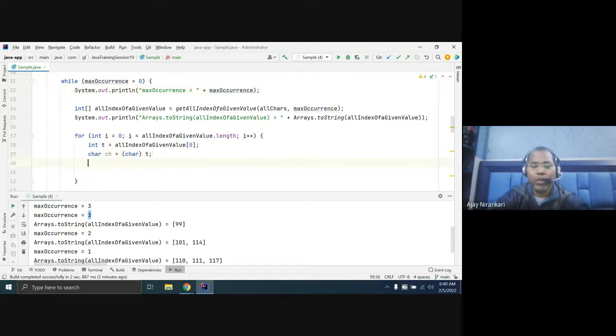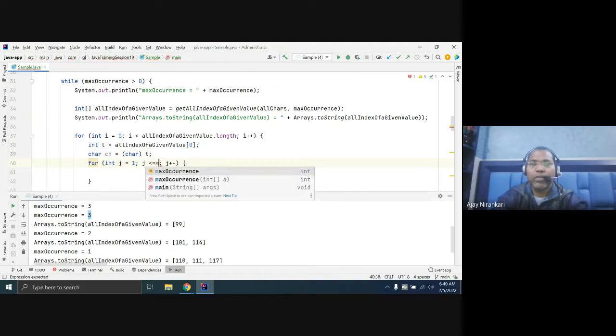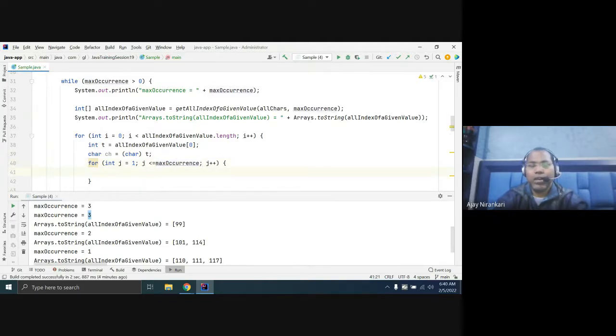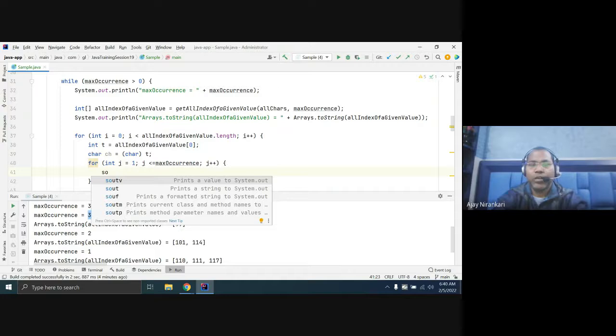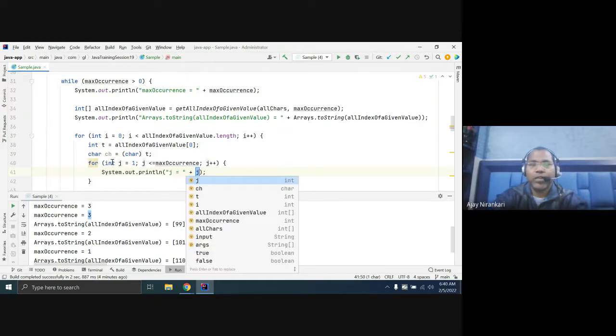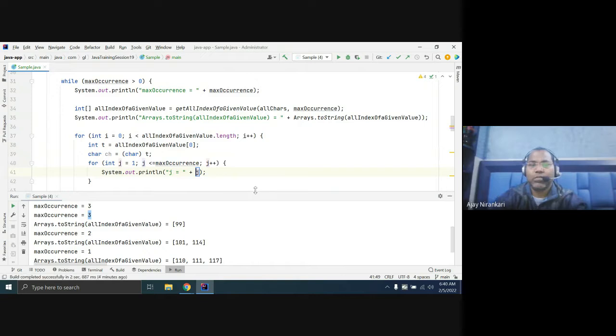So you run a loop, a for loop j equal to 1 to your max occurrence, and just print out with system out which character, this ch. Let's print it. Instead of printing a new line, just remove it so that you can get the exact output.